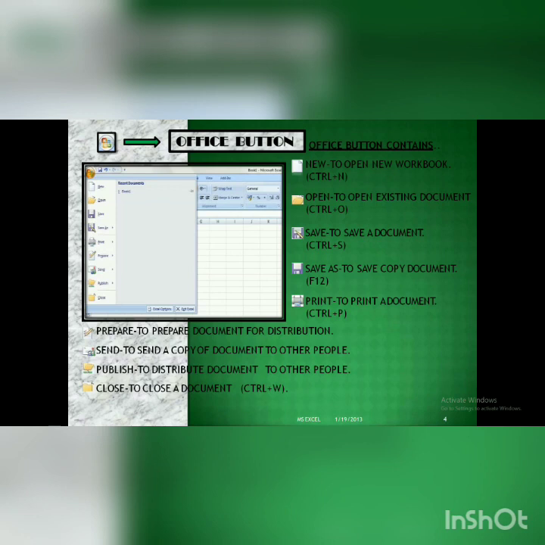If you want to save for the first time, you can click on any save option, Save or Save As. If you want to print, you can use the Print button and so on. These were the 4 basic options. There are shortcuts also: Control N for a new workbook, Control O for an existing one, Control S to save, Control P to print.